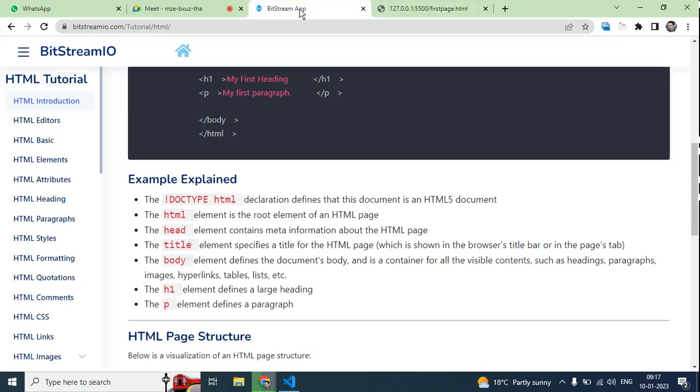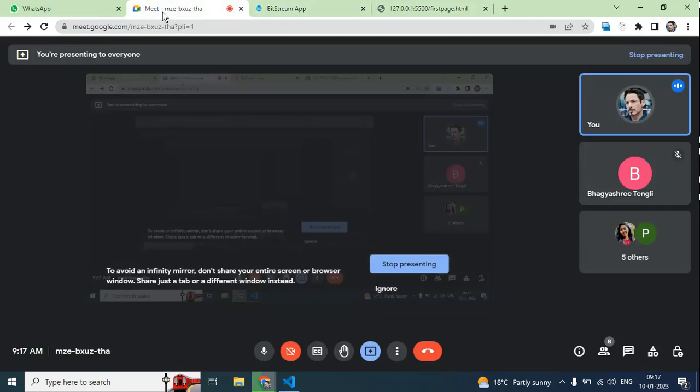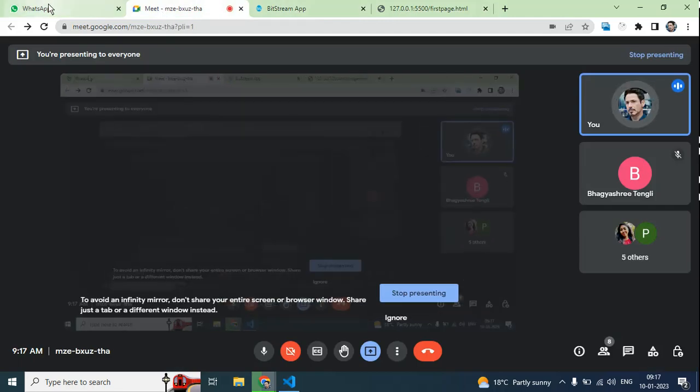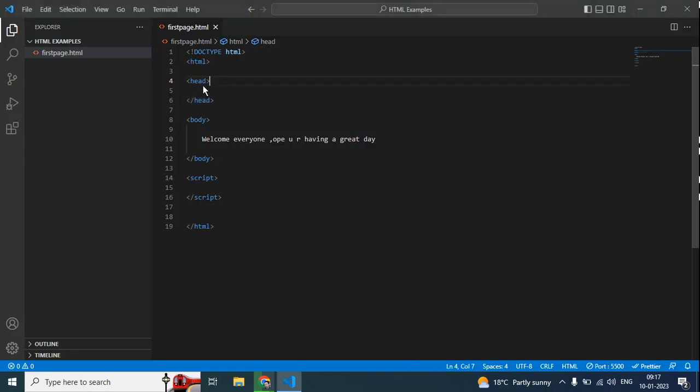But if you look at a website, it's showing Bitstream app. For Google Meet, it is showing Meet. For WhatsApp, it is showing WhatsApp. Why for me is it showing like this? We can change it. So how? The metadata is in the head tag, right? In the opening and closing of this head tag,